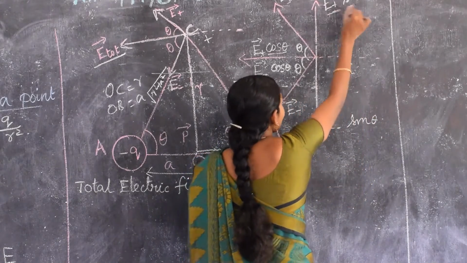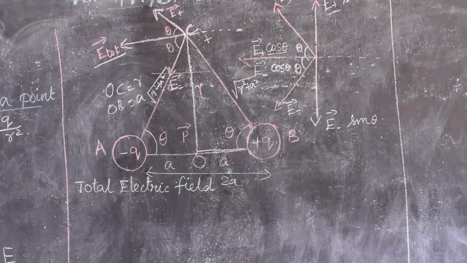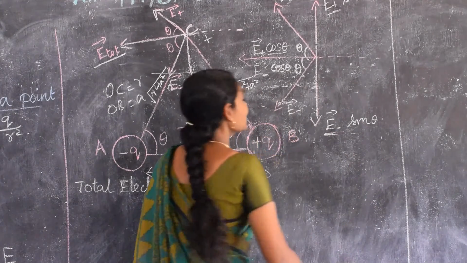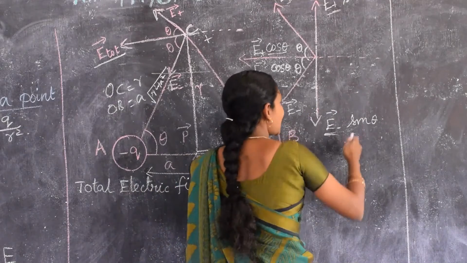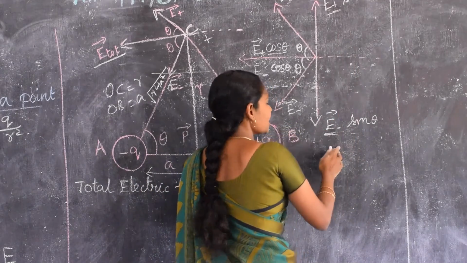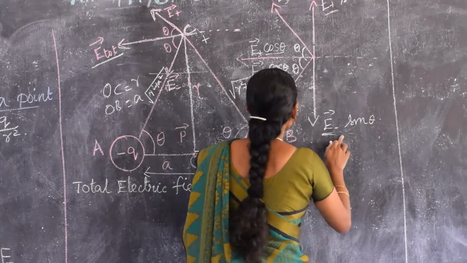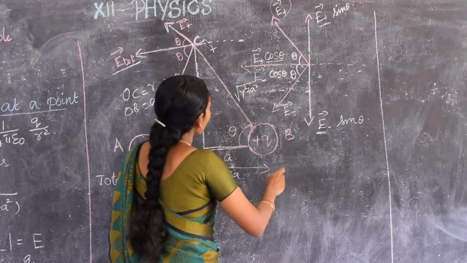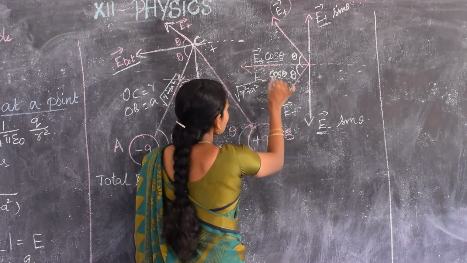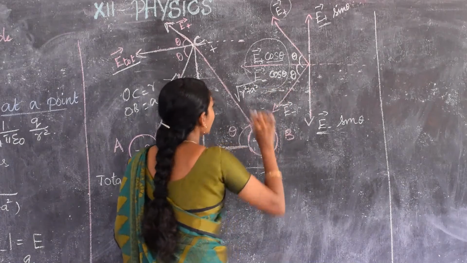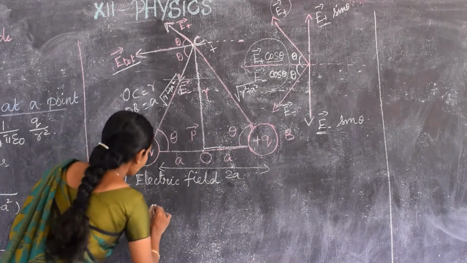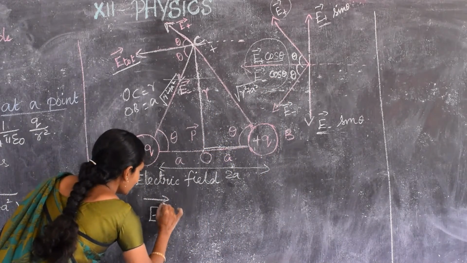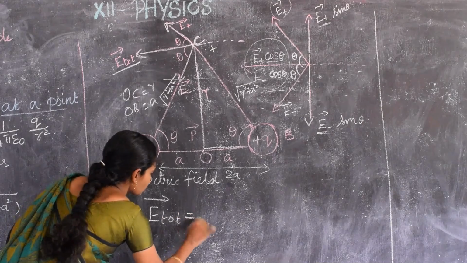Here E vector plus sin theta and E vector minus sin theta are in opposite directions, so they cancel each other. Here we need not calculate this. We have to find out the total electric field here, so we add up these two only. So the total electric field, E vector total, is equal to,